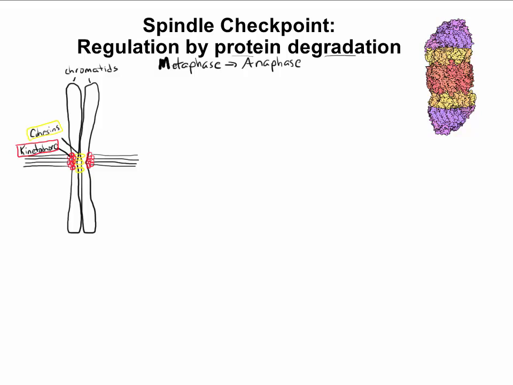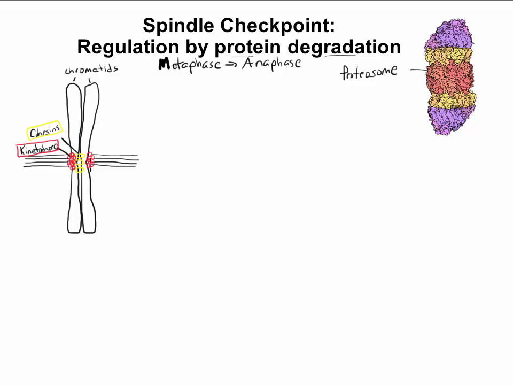And this is going to involve a protein complex called the proteasome. The proteasome is a large complex of proteins that acts to degrade other proteins in the cell. But the proteins that are to be degraded actually have to be marked with a little molecular signal and sent to the proteasome. And so that sort of targeted protein degradation is what is actually at play here in the metaphase to anaphase transition. So how does this work?